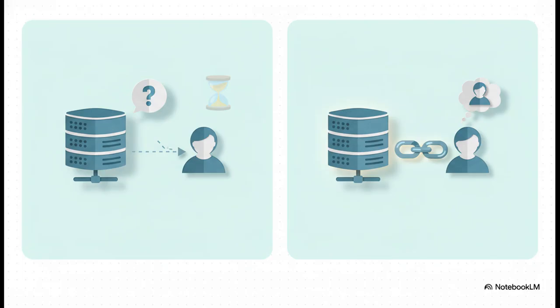And this slide lays it out perfectly. On the left, you've got traditional HTTP. It basically has amnesia. Every single request is like meeting for the first time. The server has no idea who you are from one moment to the next. But on the right, with stateful connections, the server actually remembers you. There's a persistent link, a real connection, which is incredibly powerful, but also really complex to manage when you scale